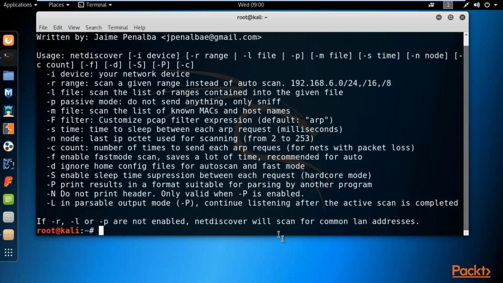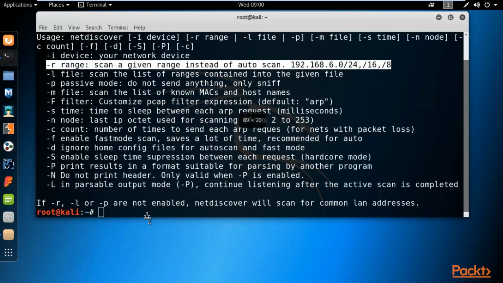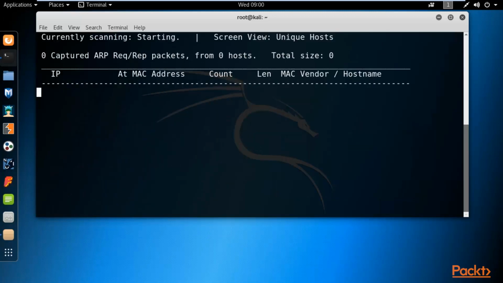So this is the kind of network, and inside the network, I'm just a part of it. Now I need to find out how many other machines are available inside it. So I'm going to use the -r option. Quite simple, you can type here netdiscover, space, -r with a small r, and then provide your IP address range. My IP address is 192.168.0.7, but you can start with 192.168.0.0/24 and hit enter and just wait here.